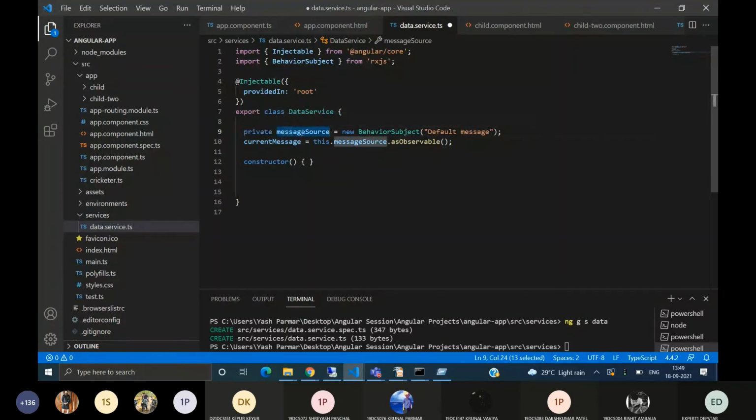So we will change messageSource in our data service only, and when it is changed, in every component where this currentMessage is subscribed, it will get its current value.